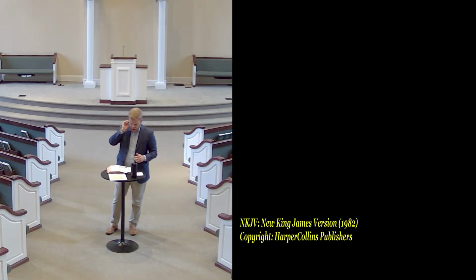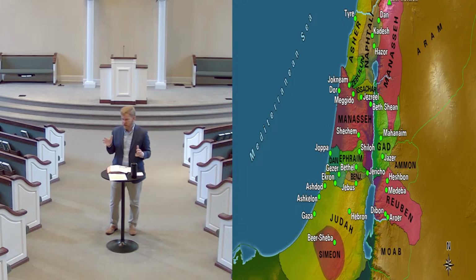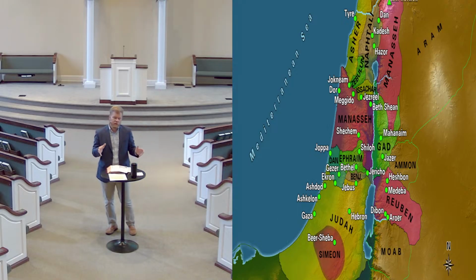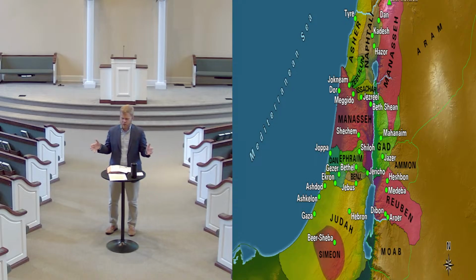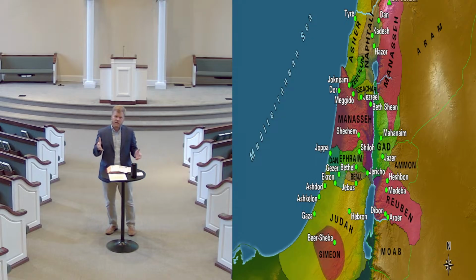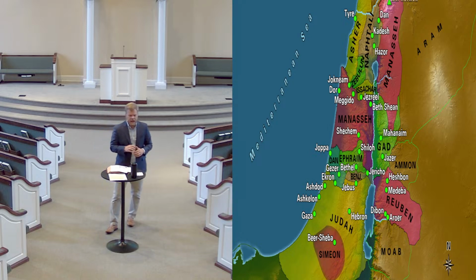And lasted approximately 5 to 7 years. Now we're talking about the conquest here. So the beginning of Joshua to the end of Joshua is 5 to 7 years. And we know that based on chapter 14 that we're getting into this morning, and the request from Caleb. Caleb will talk about how old he was when he was sent into the land as a spy. And then he will talk about how old he is currently.